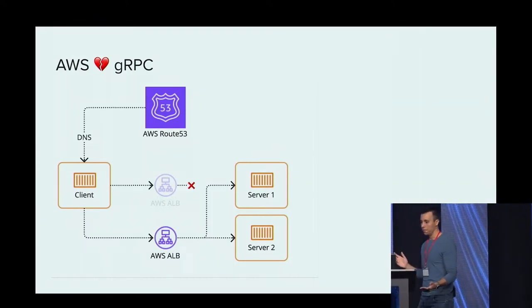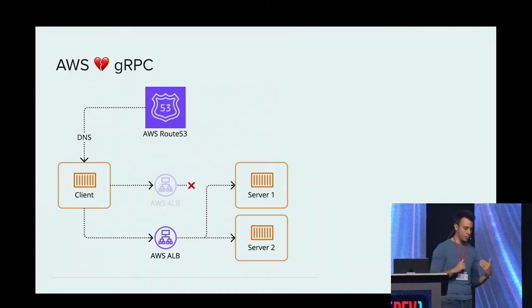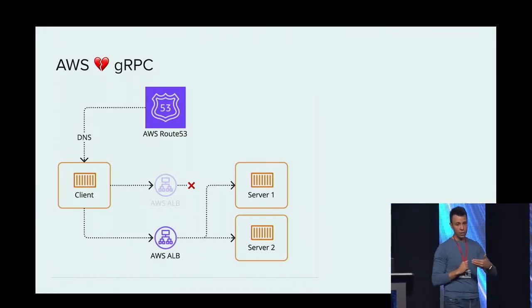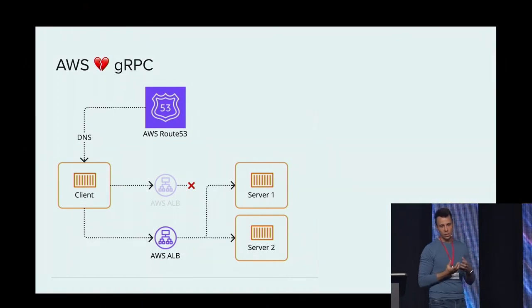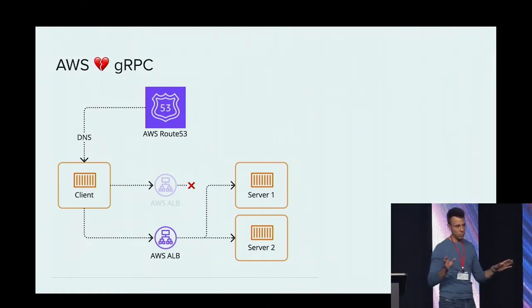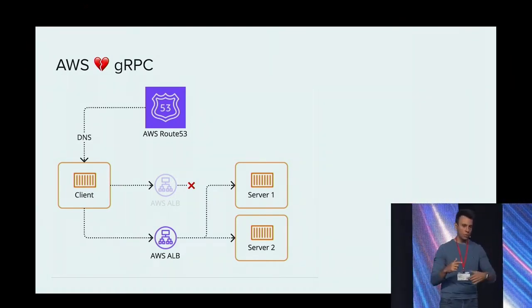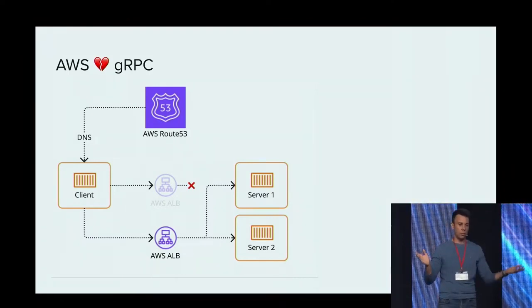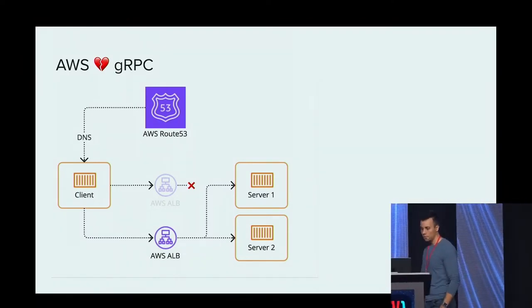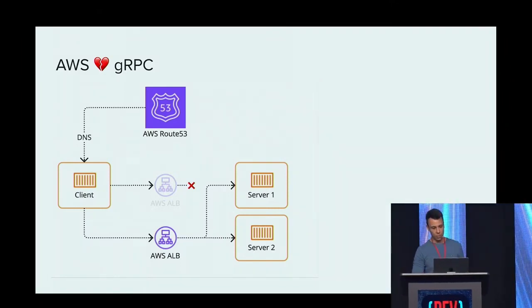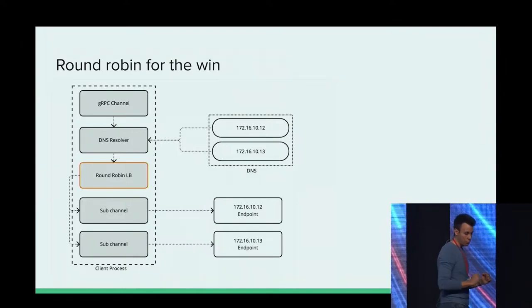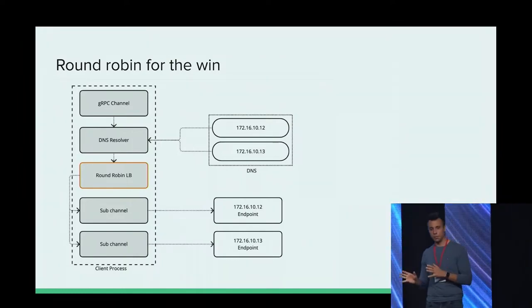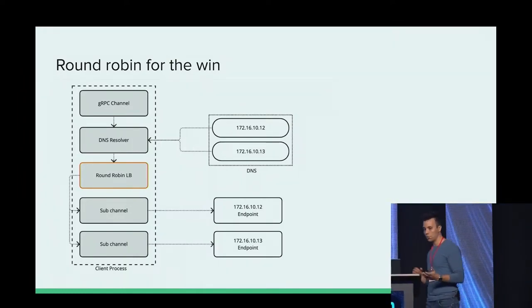That's why it tries to send a request through that connection, and it just times out. Then when the failure happens, the connection failure informs the DNS resolver to refresh the DNS resolution and see that, okay, this IP is no longer relevant. Then it removes the IP, establishes a connection to the new IPs, and everything works. But those timeouts are there, and we don't want them to be there. So we can round robin for the win. The default load balancer doesn't play nicely with the schema that we have, right? So we need to change it to the round robin one.